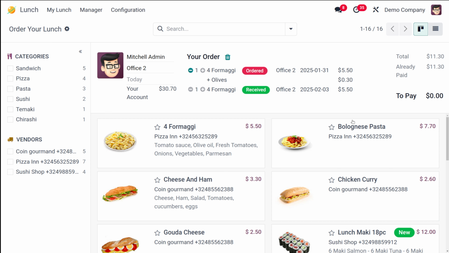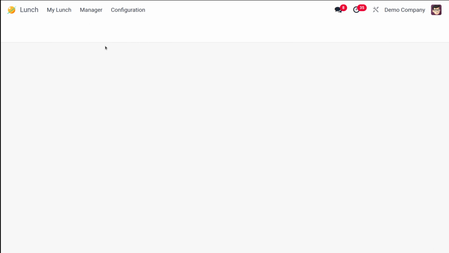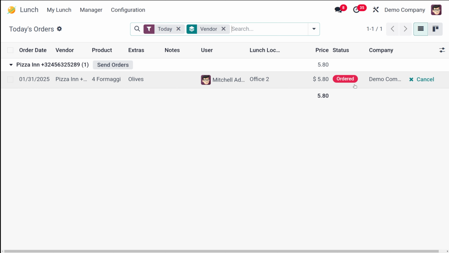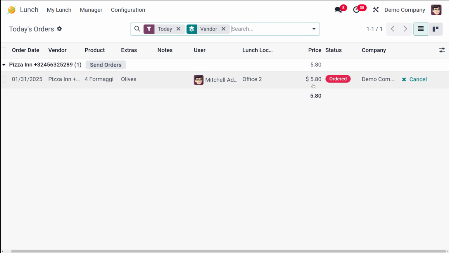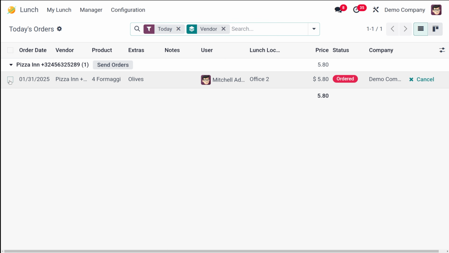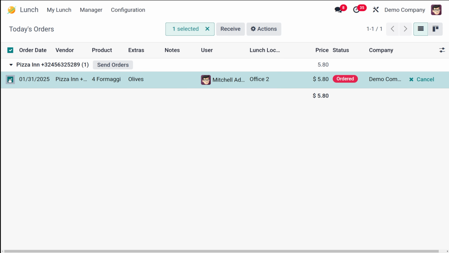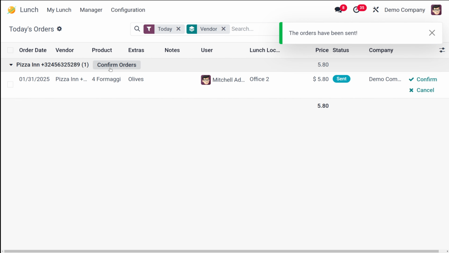Then you have the order tracking. Okay. So the tracking is basically done using the status. So to order changes to ordered when you submit it. Okay. So this ordered will change to sent when the order is sent to the vendor, and sent changes to received when the order is delivered and confirmed by a lunch app manager. So here is the manager. Okay. So if you go to the manager in today's order, the manager can either cancel it, okay, or simply change it. So for that, he'll just select this, or you can simply see this thing which is sent order. So I'm sending the order.